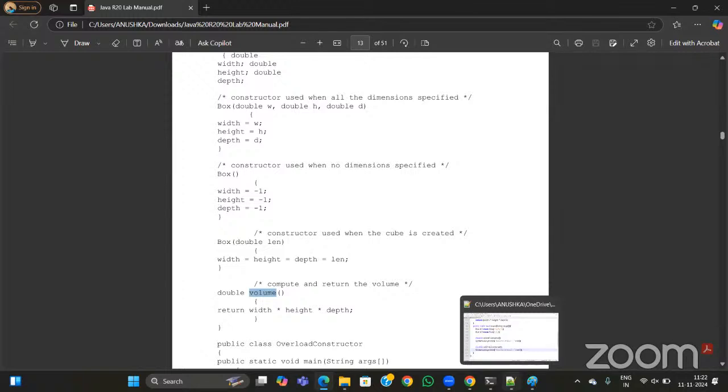Here you can observe three parameters: W, H, and D. Next, without any parameters: within this, width equals -1, height equals -1, and depth equals -1. So another constructor which takes